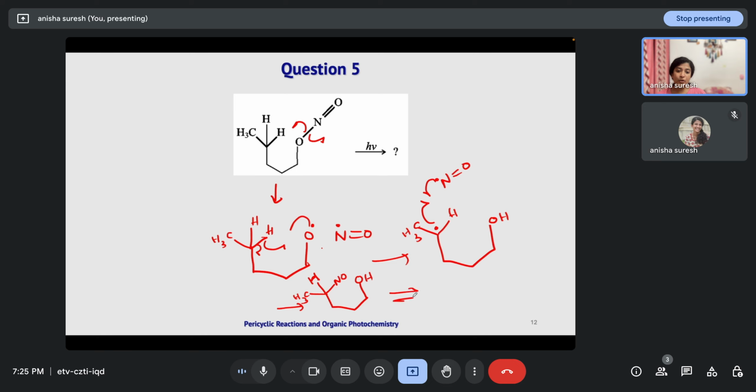Now this can tautomerize, leading to formation of NOH, CH3, that is the oxime, and this upon hydrolysis it will lead to formation of